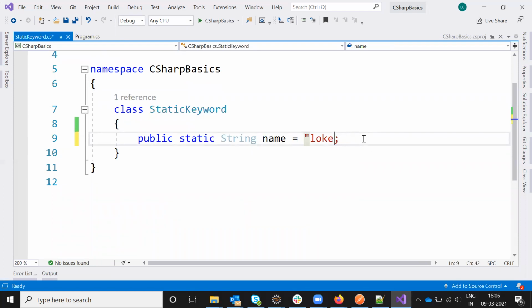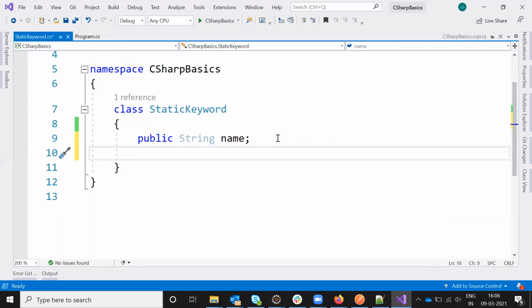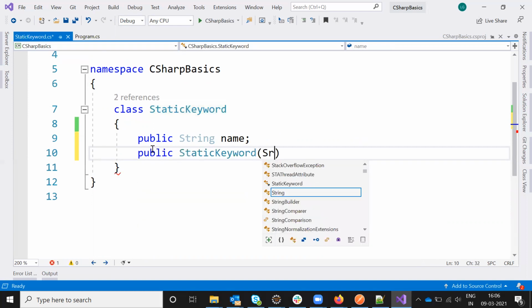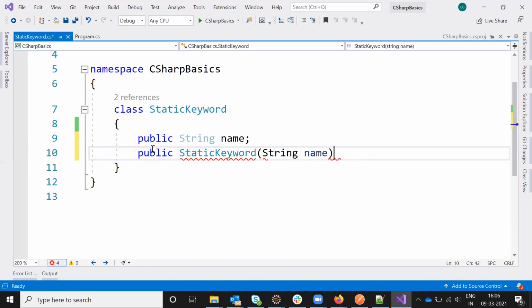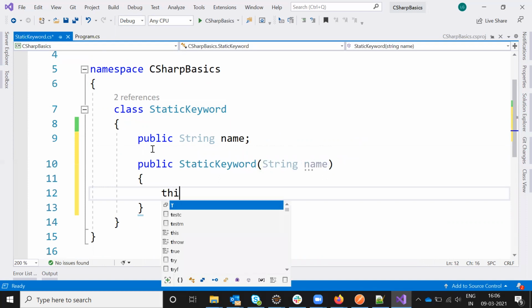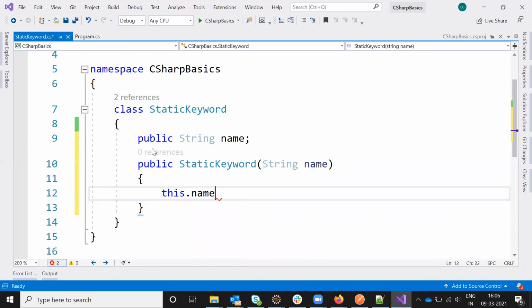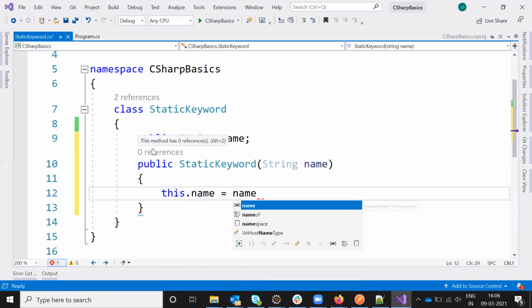Now I'm going to change this one, and give a normal string value, and I'm going to create one constructor for this. Here I'm going to provide a string value name, and this dot name equal to name.